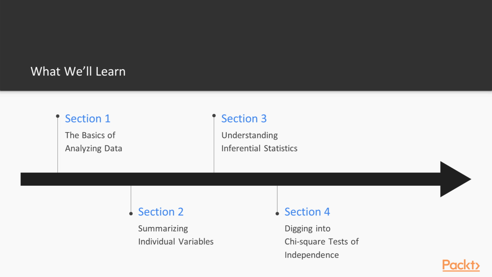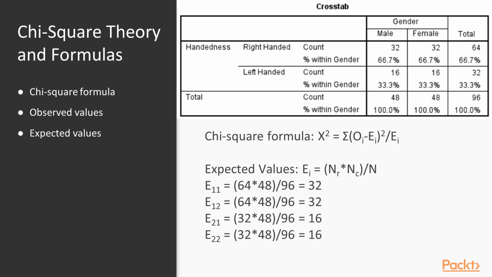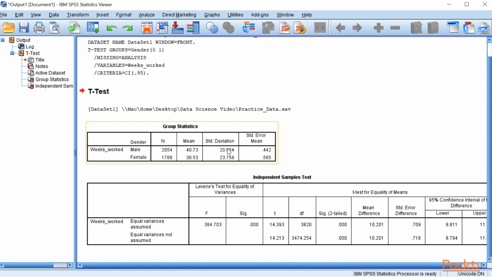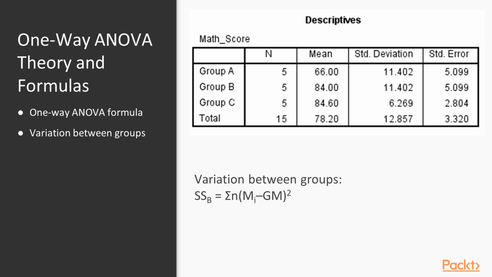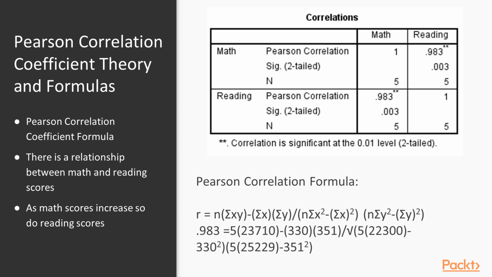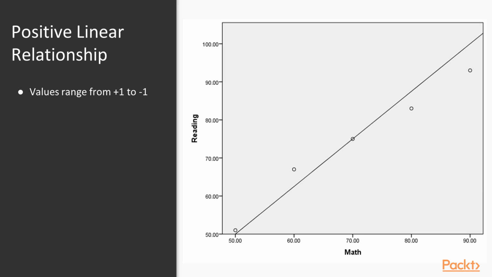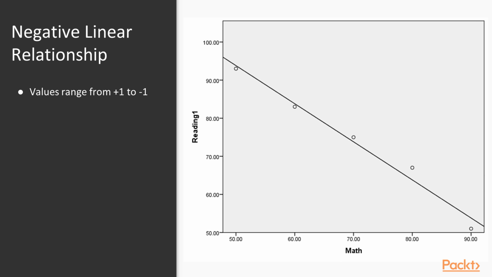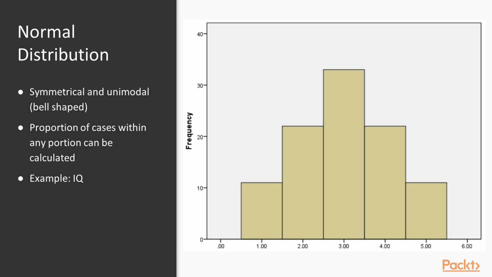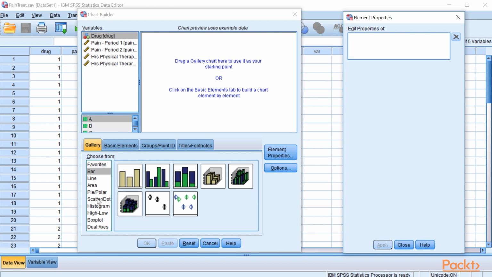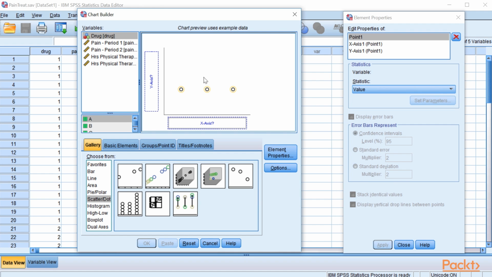The rest of the sections show users how to perform and interpret results of basic statistical tests. We'll talk about the chi-square test of independence, independent and paired samples t-tests, one-way ANOVA and its post-hoc tests, and bivariate correlations. We're also going to show different graphical displays. So not only will you be able to run these different statistical tests, but you will also be able to create graphs that can accompany the results of your statistical tests so you can visually show your audience what it is that they're seeing. So you'll learn how to create things like cluster bar charts, error bar charts, and scatter plots. Users will learn when to use these different techniques, how to set up the different analyses, and how to